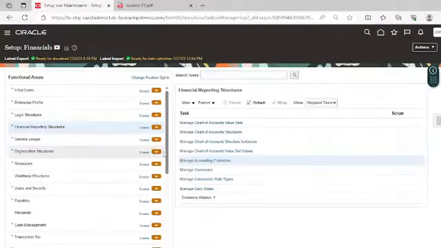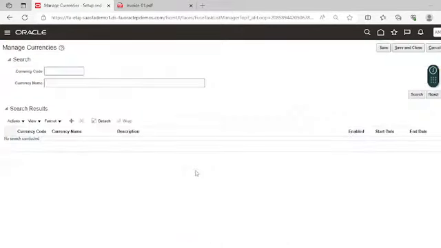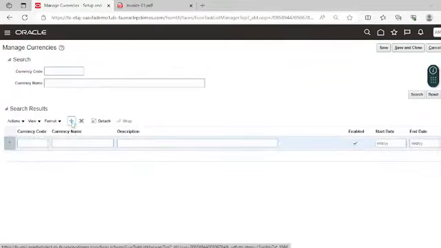Now you can see here the task, that is manage currencies. Oracle provides us with all the currencies, but in case you want to add a new currency, then you have to click on this add icon, and you can add it from here.